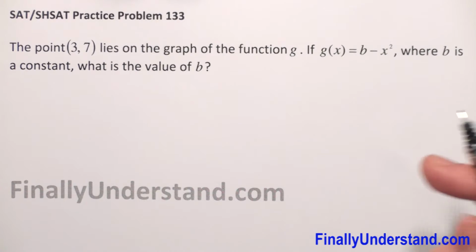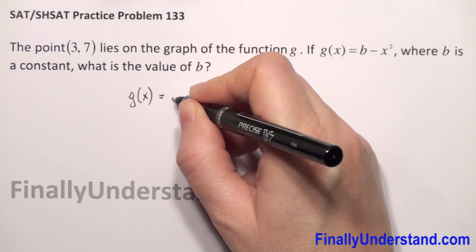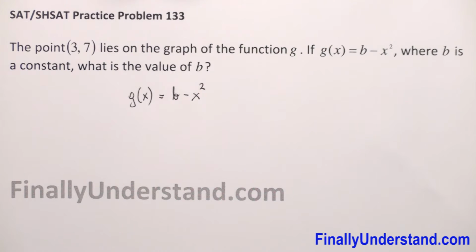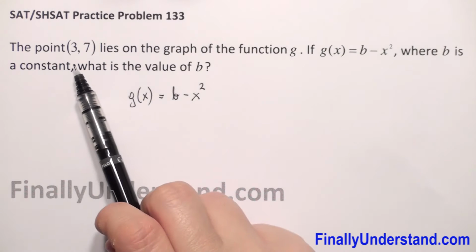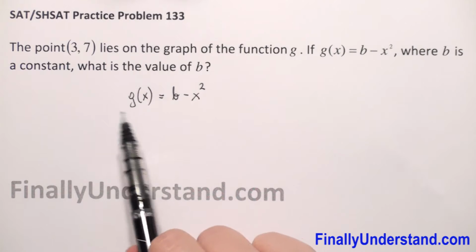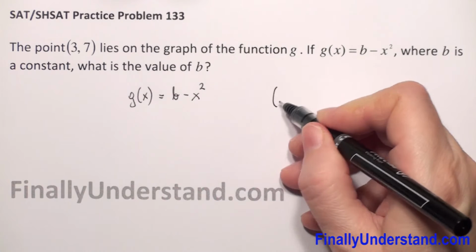So we have given function g of x is equal b minus x squared. And what else we have? That the point coordinates 3, 7 lies on the graph of our function. What it means? It means that